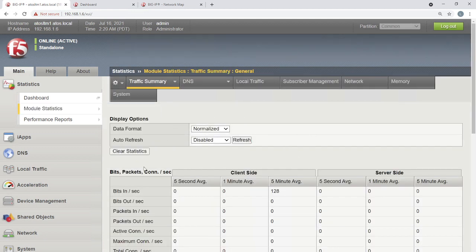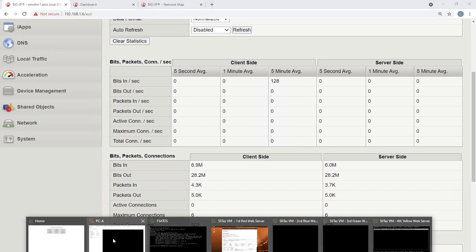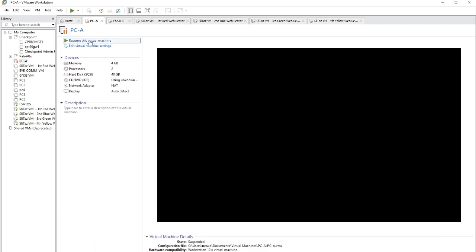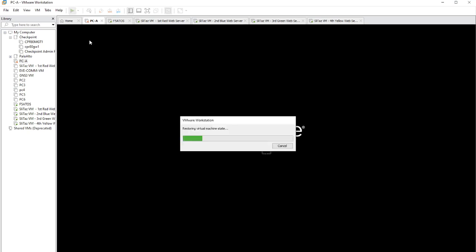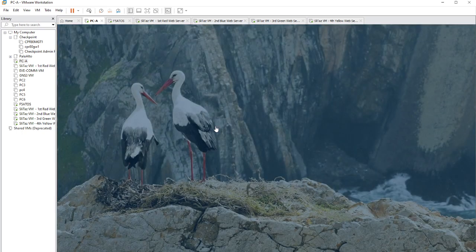Here I can see how the traffic has been received on any of the interfaces, on the client side and on the server side. There is nothing visible now. Why? Because no traffic got initiated. No traffic is flowing through the LTM right now. You can see that by generating some traffic from the client. Now I'm opening up my client, PCA. Generate some traffic and then try to understand that the traffic flowing through the LTM is being continuously monitored, and the statistics of that flow are being collected by the LTM.